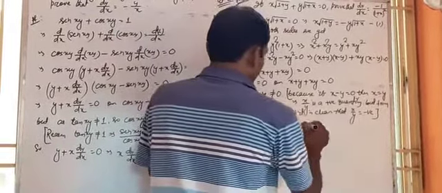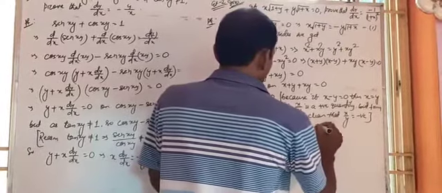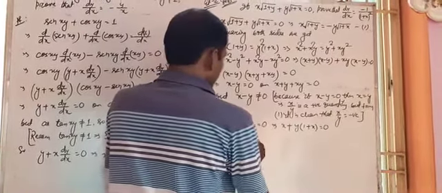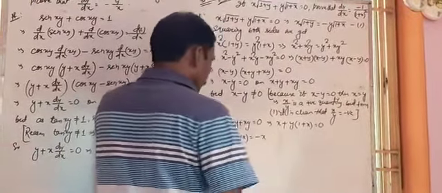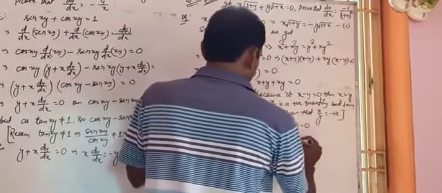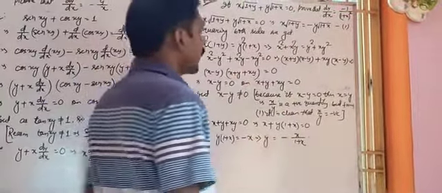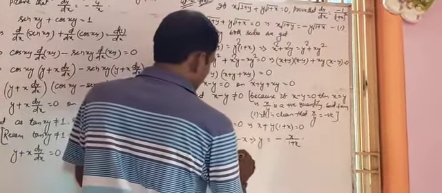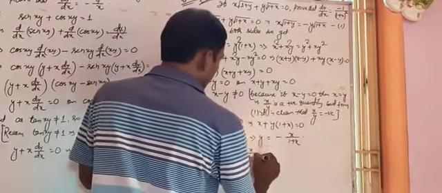Now it stands as x plus, from the last two terms y is common. So y common, so it is 1 plus x equal to 0. Implies y into 1 plus x equal to minus x. Implies y equal to minus x by 1 plus x. Now we want to find the value of dy by dx. So again differentiating both sides, dy by dx equal to minus, which will be taken outside the derivative sign, x by 1 plus x.